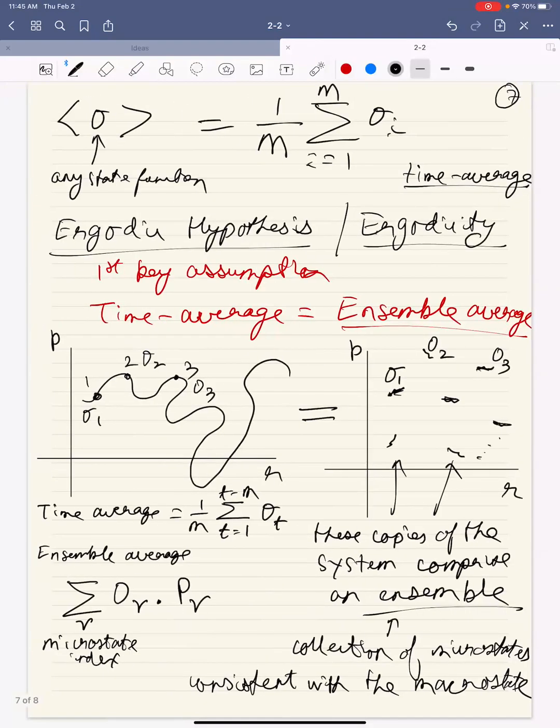There are really only two key assumptions. One is ergodicity, and the other one connects to calculating P nu in an isolated system, which is known as the assumption of equal a priori probabilities. We'll talk about that in just a moment. These two assumptions, that's it. Everything follows from there. So let me write down the ergodic